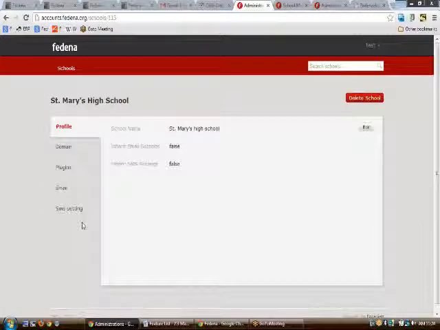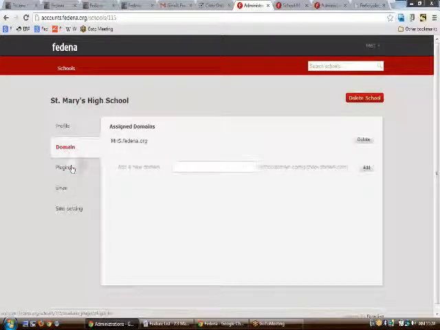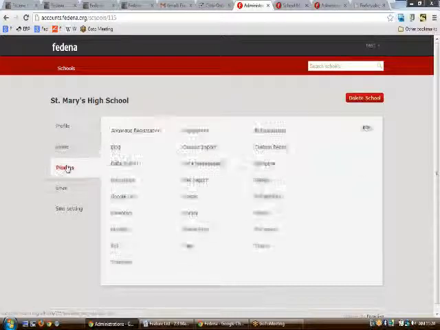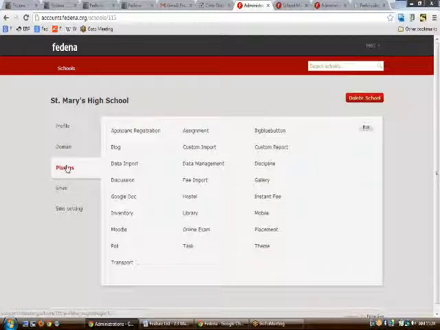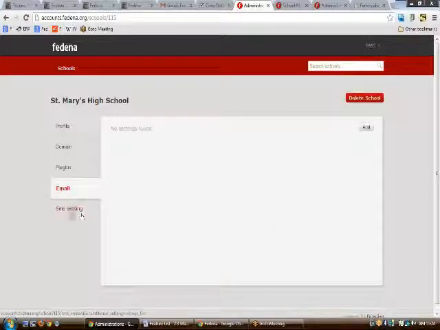When I go to St. Mary's High School, I can see this is the profile, this is the domain that was created. Similarly, I have created it in St. Vincent, and then the email part and the SMS settings can be added at a later stage. So this was all about the client without the multi-school privilege.